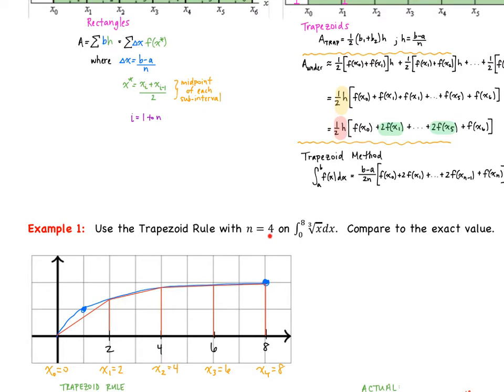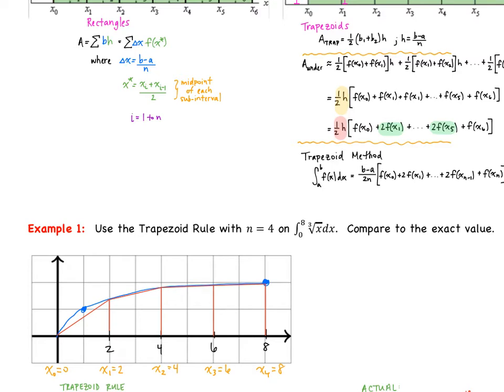So I take 8, I divide it by 4, and each of my delta x's is going to be 2. All right. So then we go ahead, we can draw in our trapezoids. So that's what you see in red here. Okay. And now what we can do is we can talk about, well, what's x0, what's x1, et cetera, et